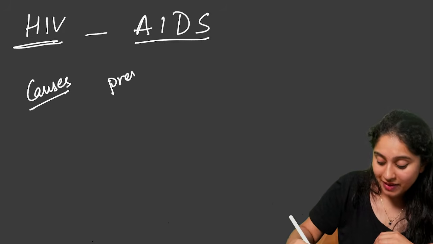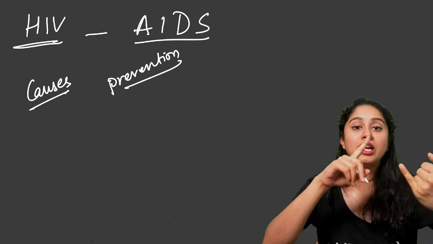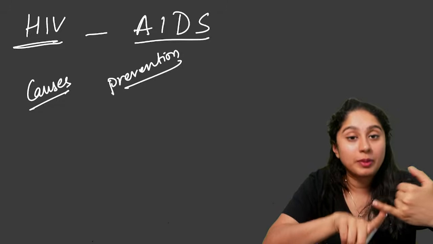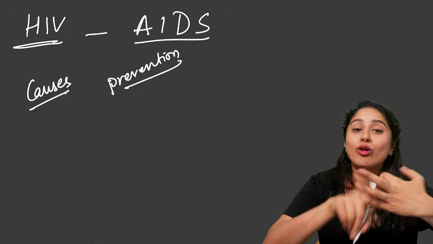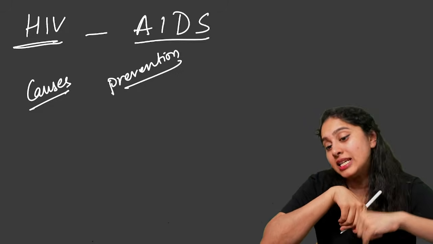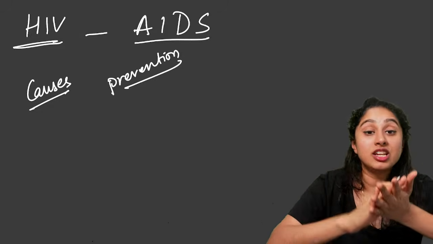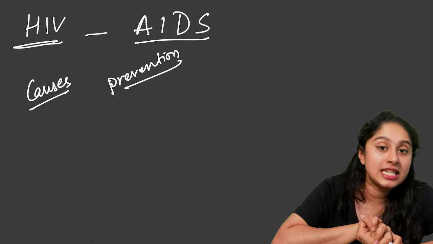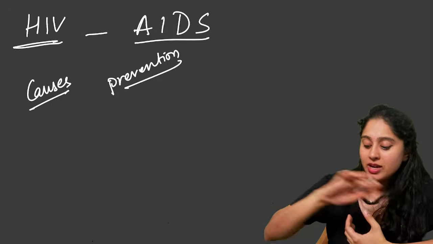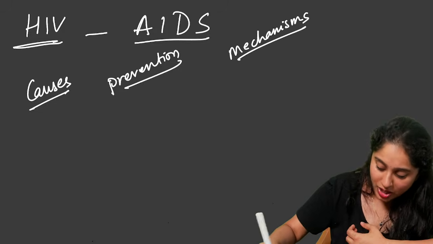Now is there prevention? Definitely there. So you can prevent AIDS by avoiding sex with multiple partners, with unknown partners, checking the blood before transfusion, and also not sharing the needles in the case of drug abuse and other reasons. Obviously the syringes have to be very, very clean and maintained sterile. Otherwise, it's very easy to get this disease. Now the mechanism of the disease is the most important thing you have to understand here.